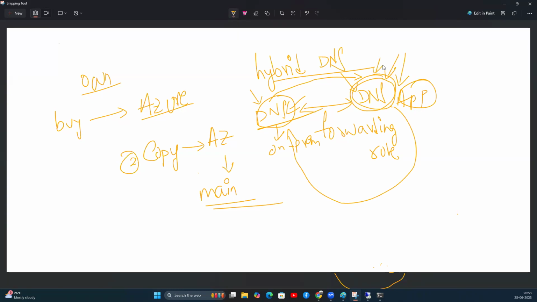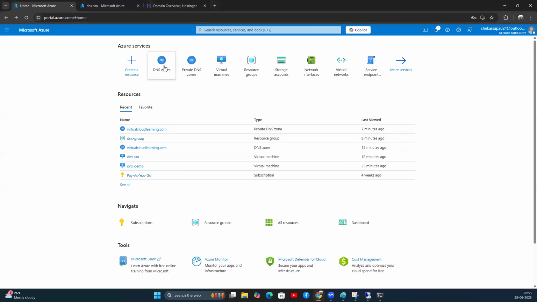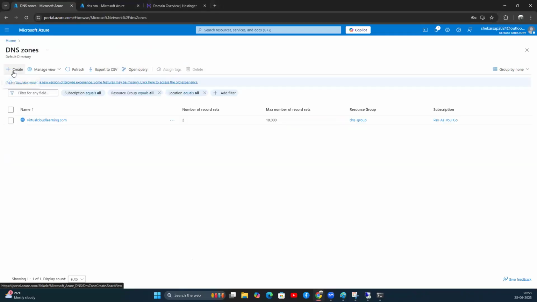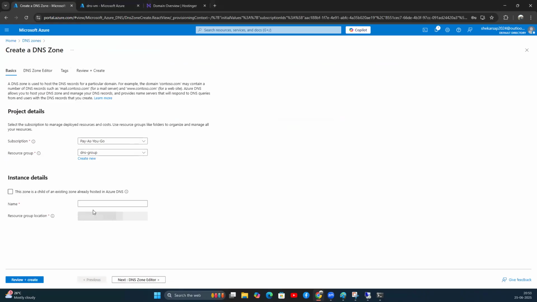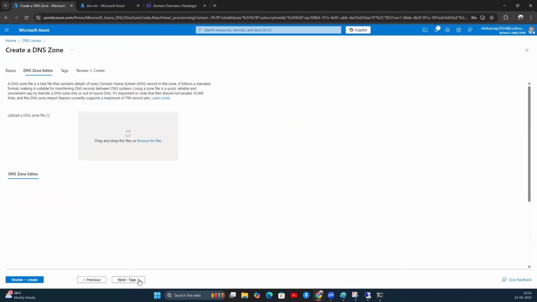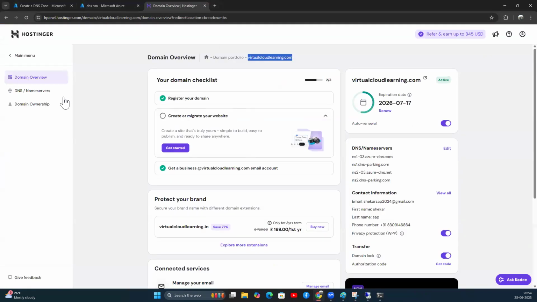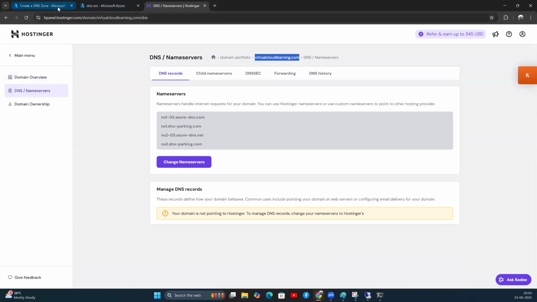Got it? Good. So how do you create it? Just go and click on DNS zone, click on create. You give the domain name only. Let me do virtualcloudlearning1.com, and you select your resource group and whatever subscription you have, and click on DNS. This is used for transfer of your domain. Suppose I want to transfer my domain from Hostinger to Azure,